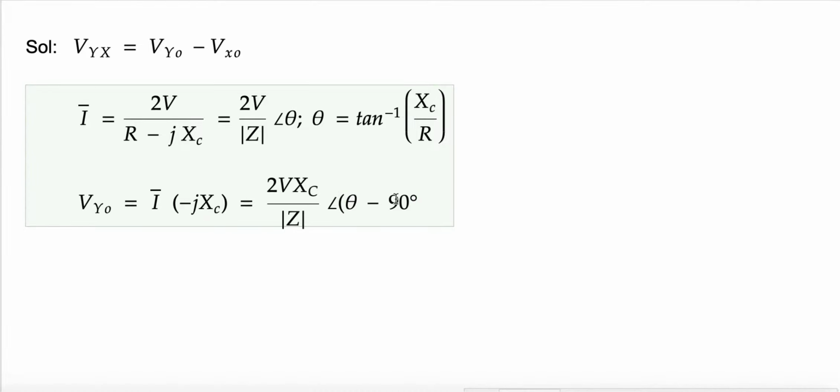If you want to put a bracket here, you can put a bracket here, no problem. See, this angle is negative angle always. Theta cannot be more than 90, so always negative. So better to write it the other way around, minus 90 minus theta. That way also you can write. For a moment, let it be like this. Why? Because what we are interested in is Vyx, not Vyo. Vyx is nothing but Vyo, capital letter.